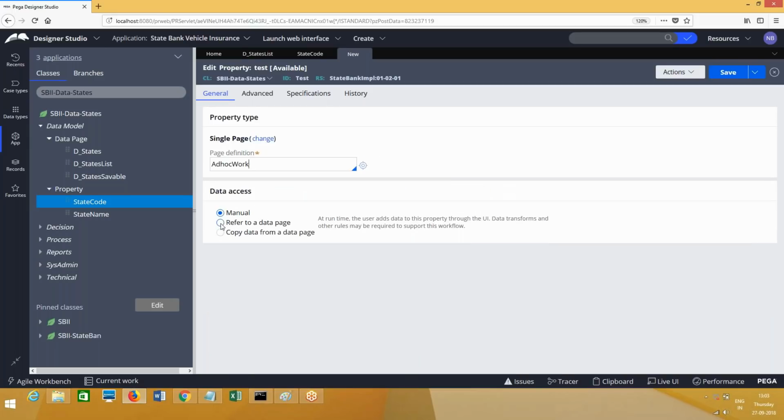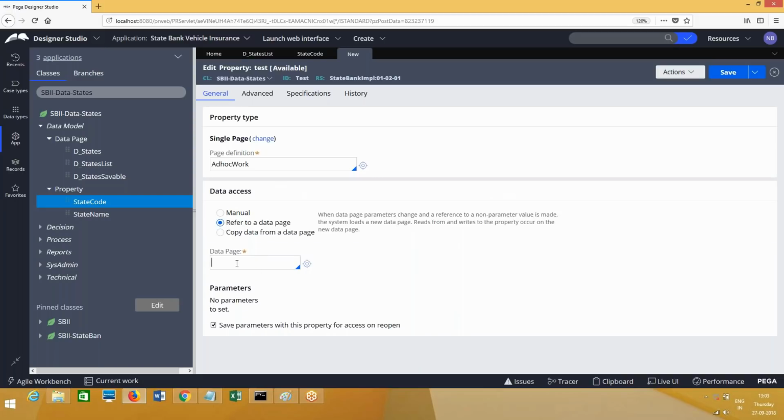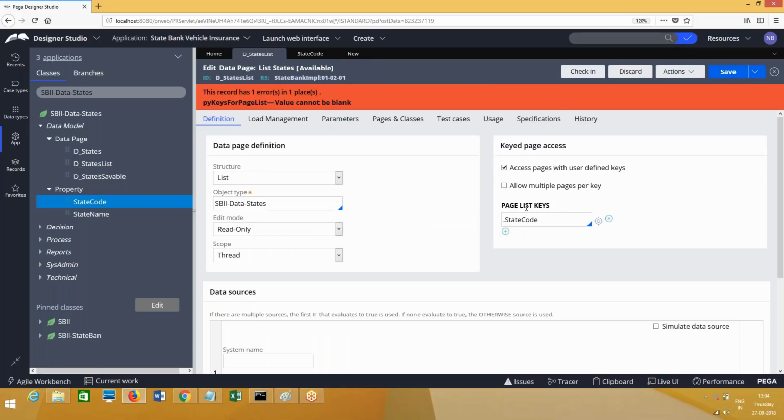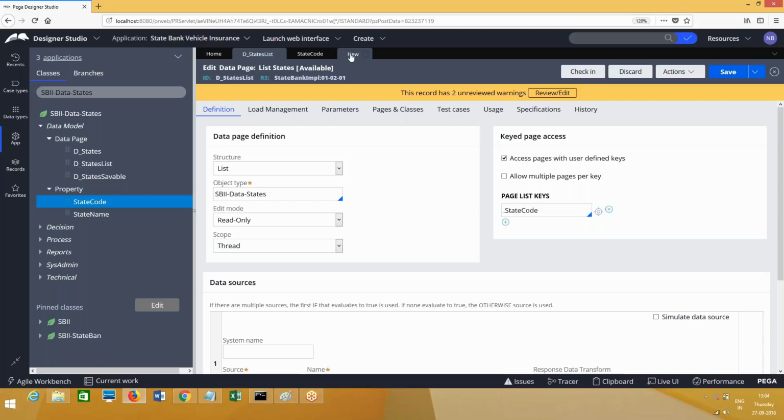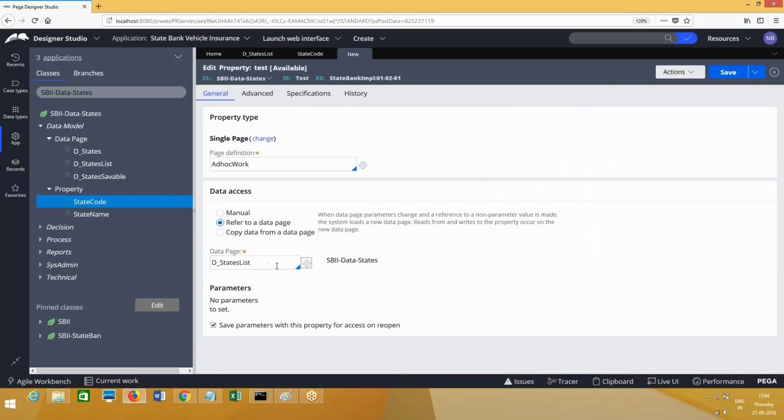And now you can refer to a data page. Here you can call the data page, so let's say some data page named D_StatesList. If D_StatesList has keys, okay, I will show you.